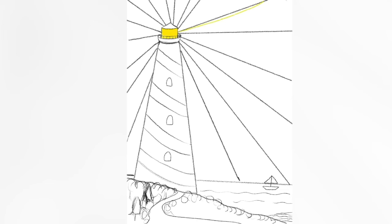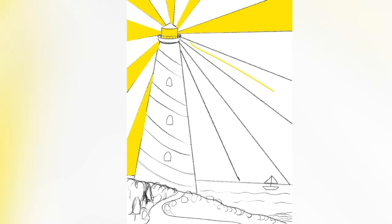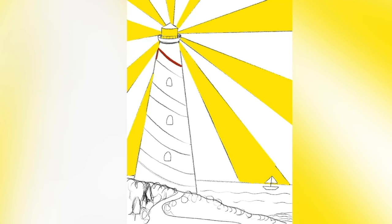Once I'm satisfied with my drawing, I can go ahead and start filling in the drawing with markers. And so I am going to start with the sky and do the light first. What I would actually recommend doing is probably starting down there at the bottom and then working your way around. You can see I started coloring that because you don't want to end up having where it's like